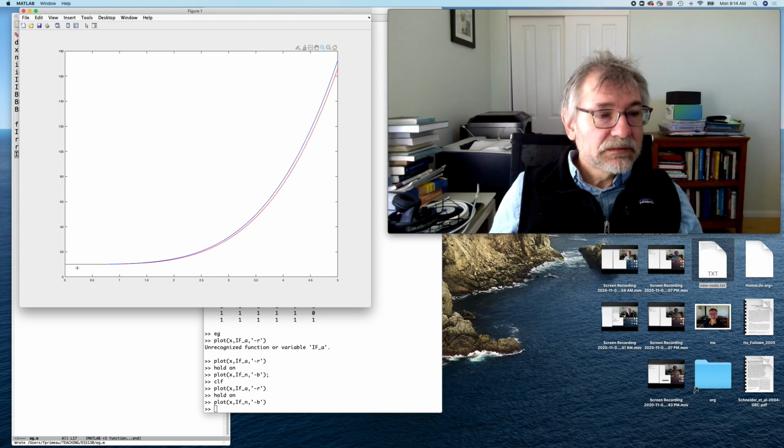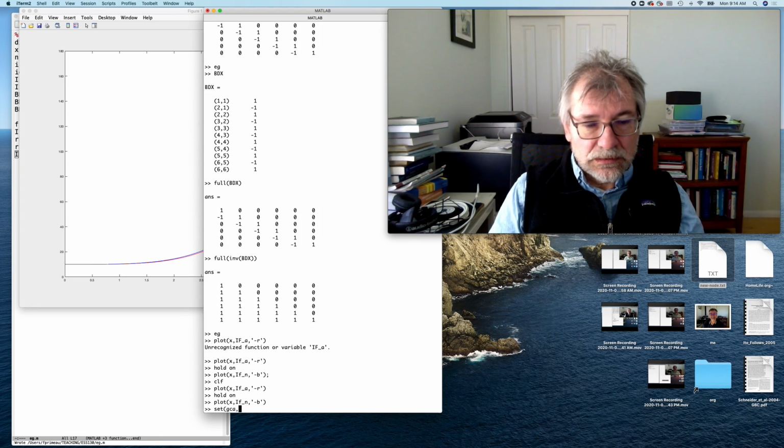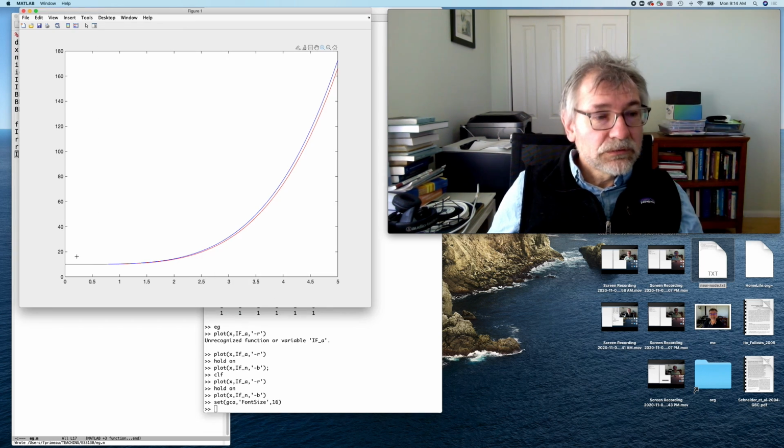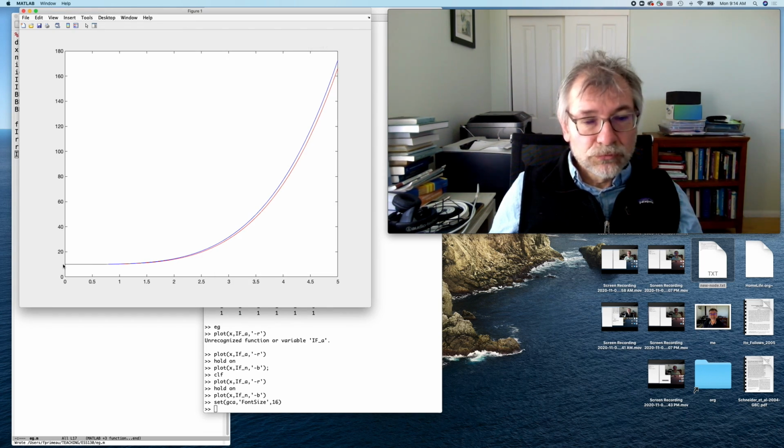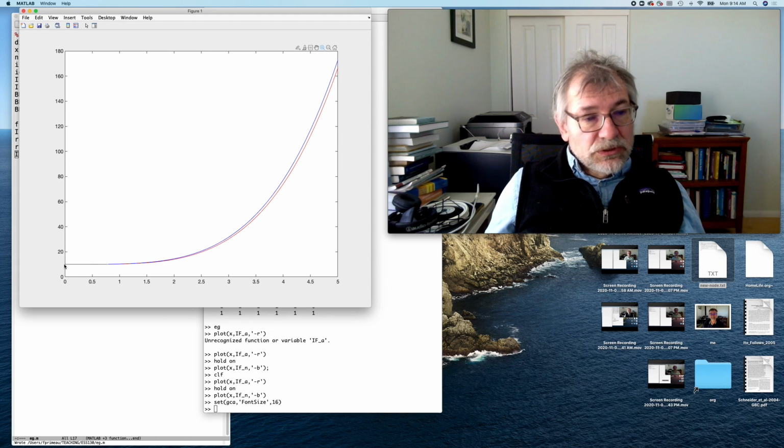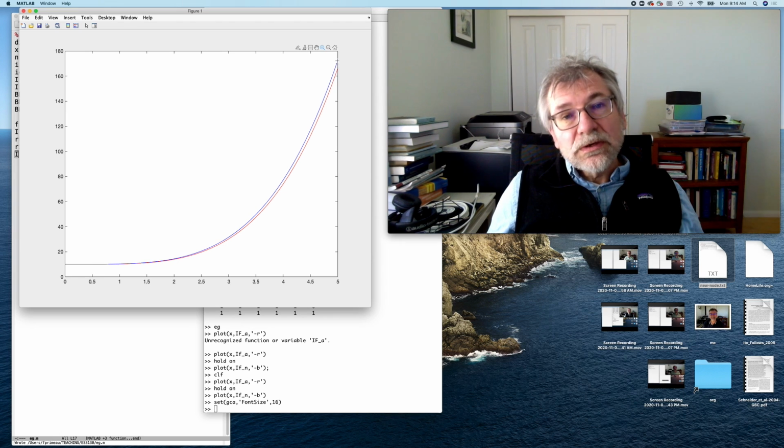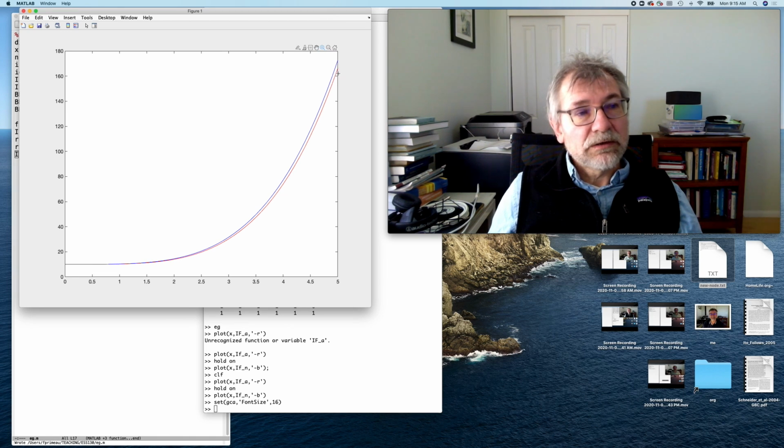It starts at 10. I don't know if you can see the axis. Let's see, set GCA font size 10 to 16. Right, so the function starts at 10, both the blue, which is the numerical, and the red one, which is the analytical, and then they increase. There's always a bit of an overshoot, an error, which seems to grow, but the relative error is fairly small,